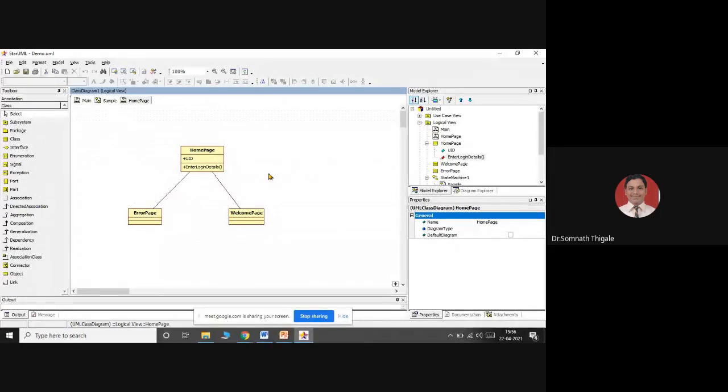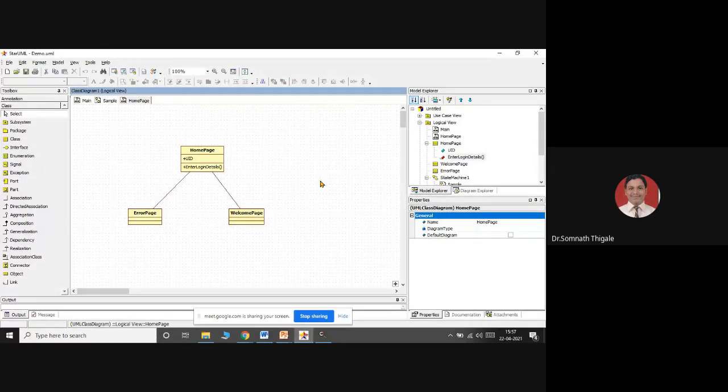What I'm showing you, just imagine my complete class diagram is now ready. And once my class diagram is ready, the most important feature I want to show is that I can generate the code for the given part, which we call forward engineering.